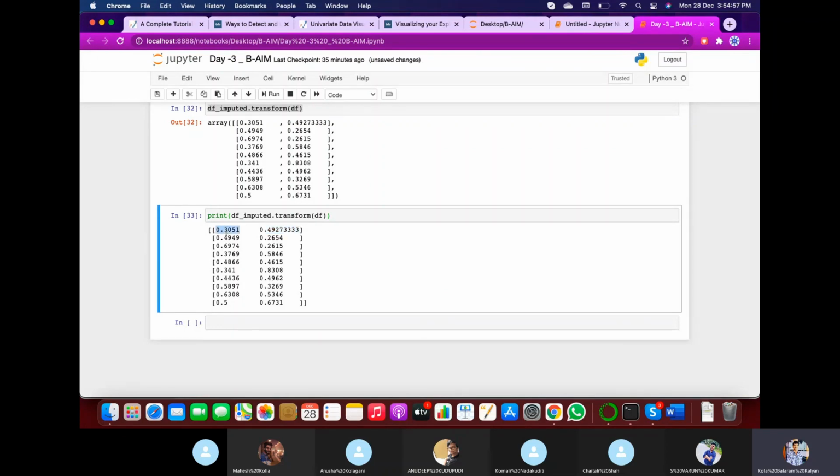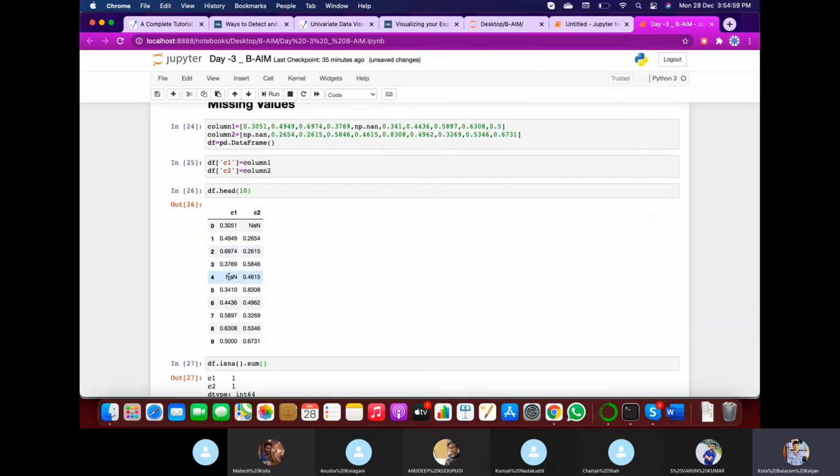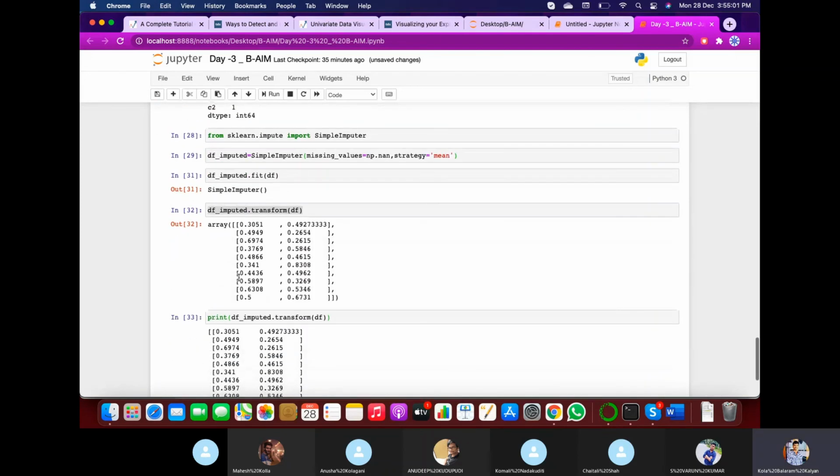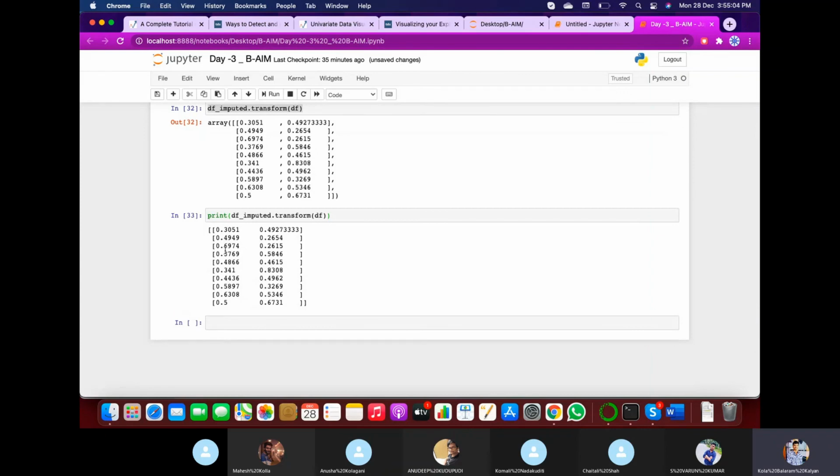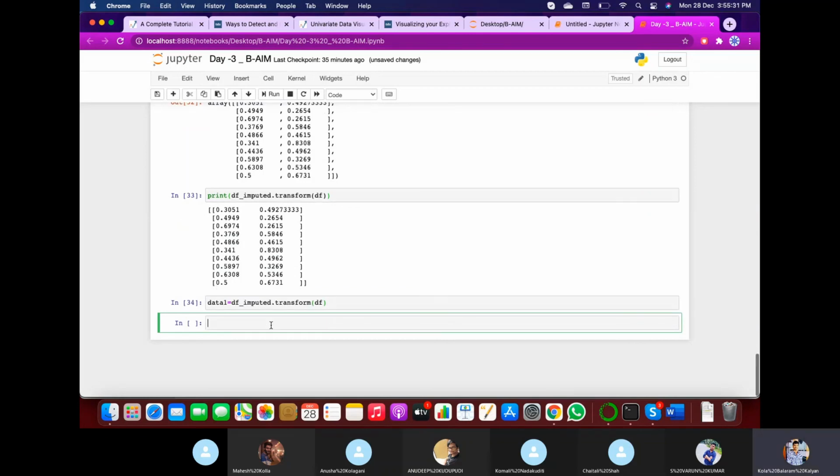Coming to the first column, we have it in the fifth row here. So here 1, 2, 3, 4, 5. Here 0.4866 is the mean value for the first column, which is replaced, so that finally you can see, let us say, data1 equal to this.